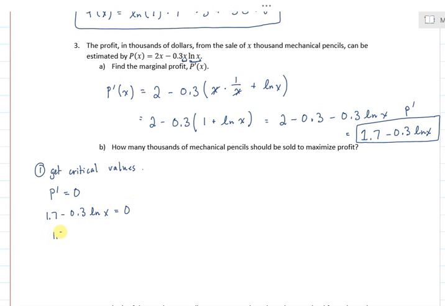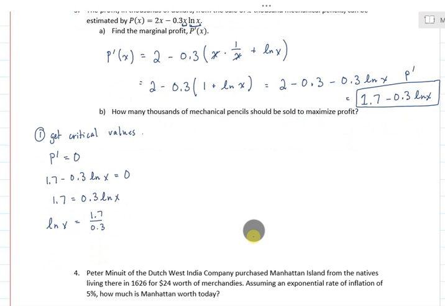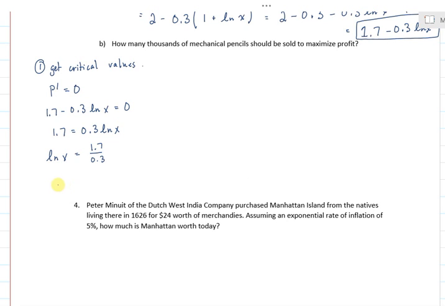That tells me 1.7 is 0.3 natural log of x. That tells me that natural log of x is 1.7 divided by 0.3. This tells me that x is e to the 1.7 over 0.3, which is approximately equal to